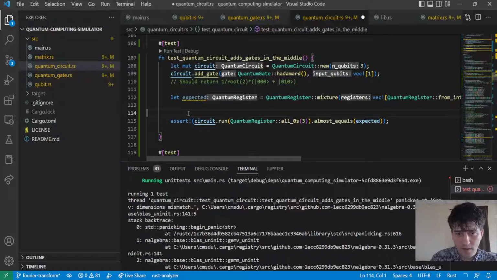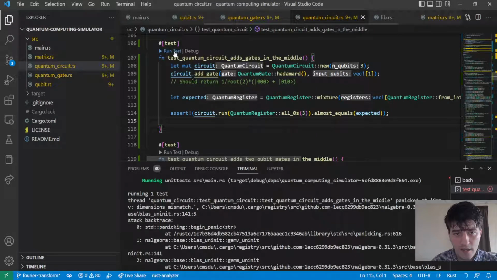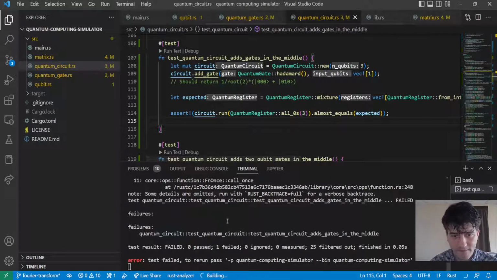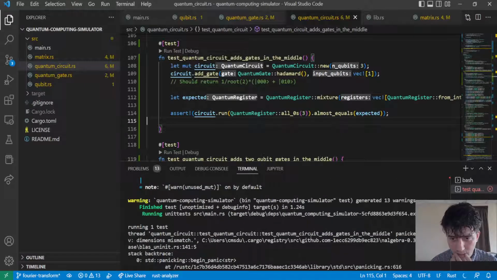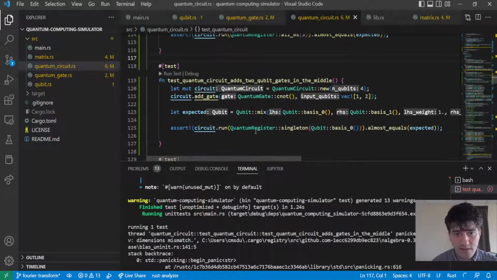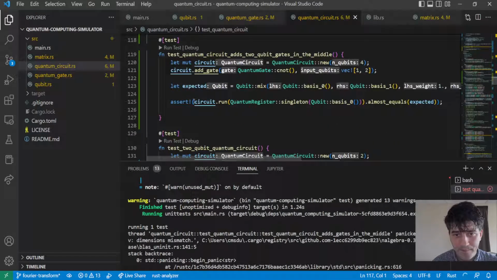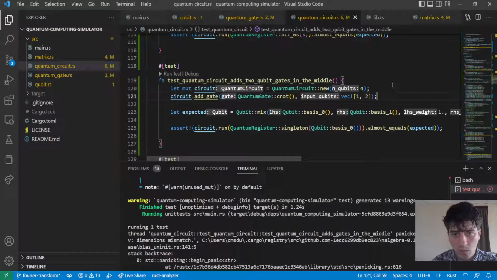Let's not stomp on expected. And now we expect that this will fail for the original reason that we cared about, which it does, because dimensions are mismatching, and we can use that to debug. Cool, and then let's just